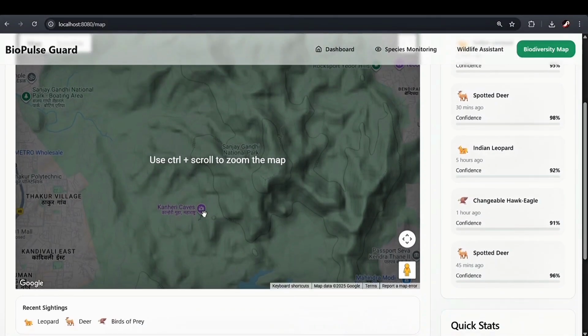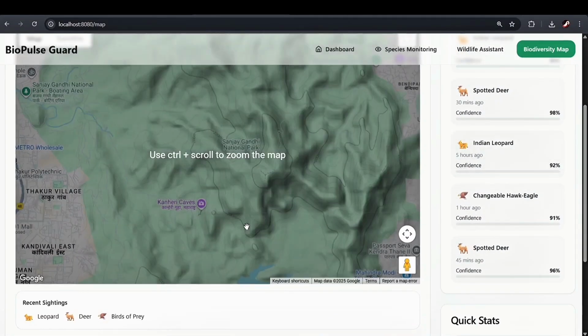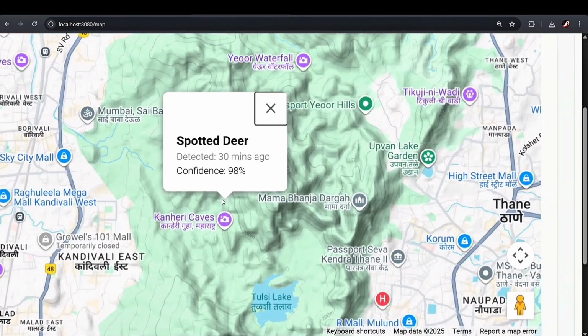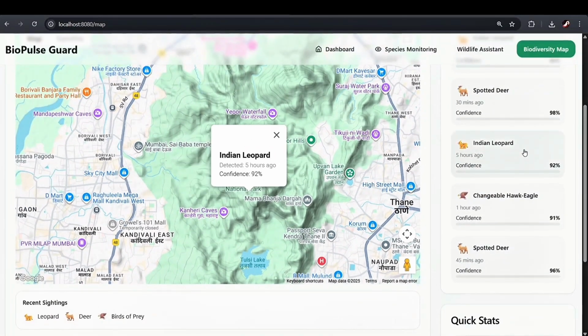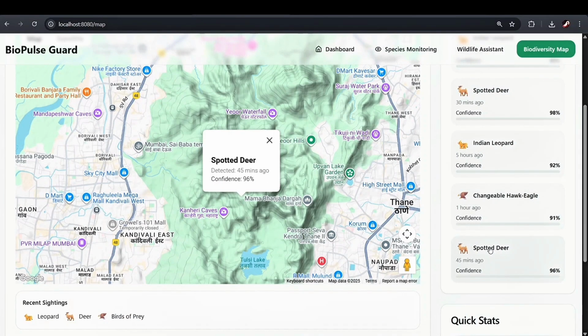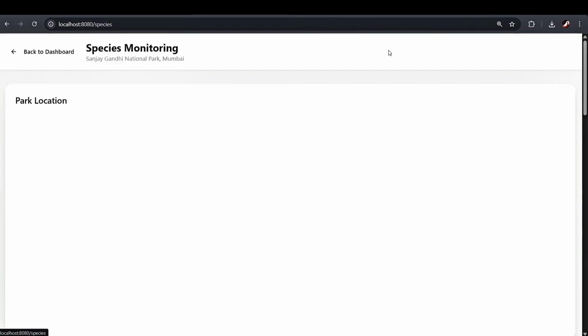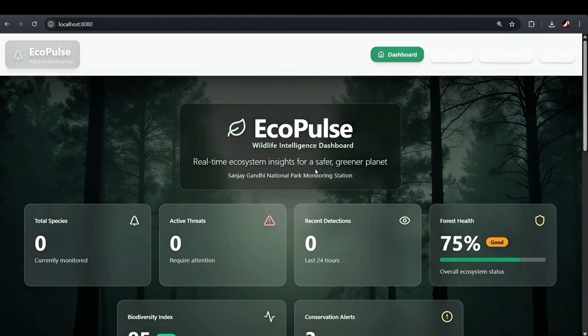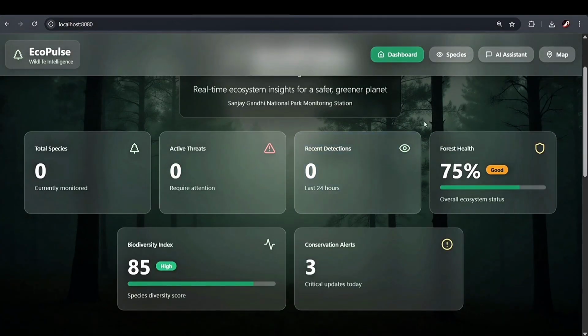As you can see, this is the map of the Sanjay Gandhi National Park, as you know it. If I click on the recent sightings, it will tell me that this spotted deer is spotted at this camera location. As you can see, an Indian leopard is spotted here, a hawk is spotted here, and so on. This is the whole system right now, and I know it can be improved a lot. I hope we get selected and we will improve on this with the help of the local people, the local forest rangers, and also the community which we have built there.